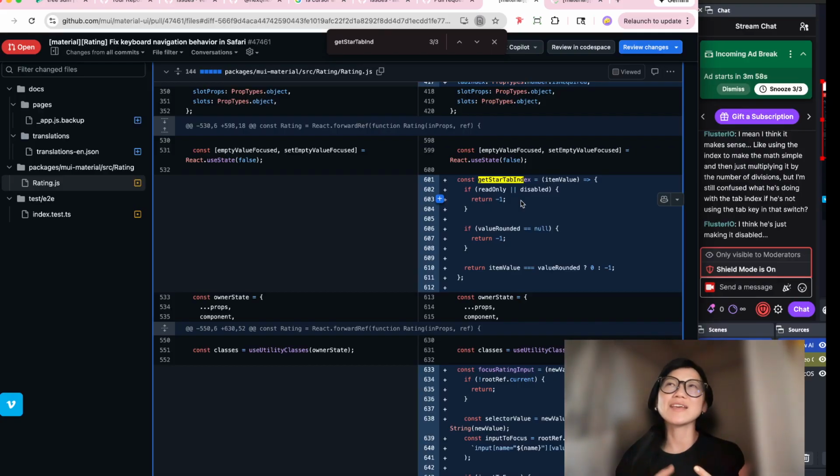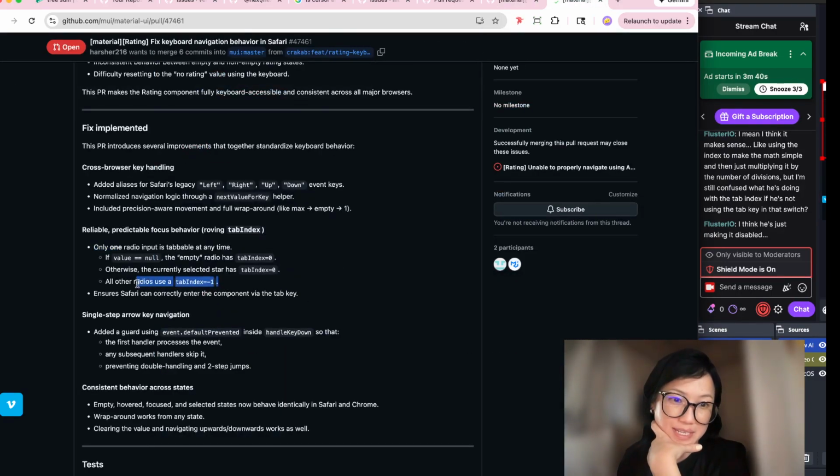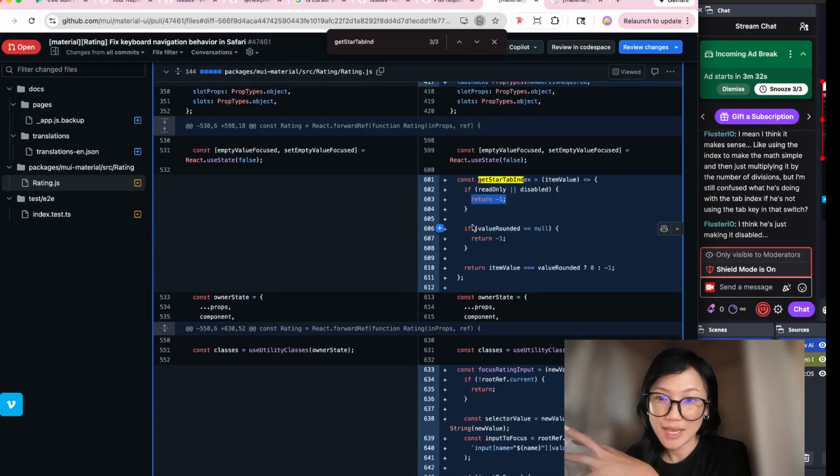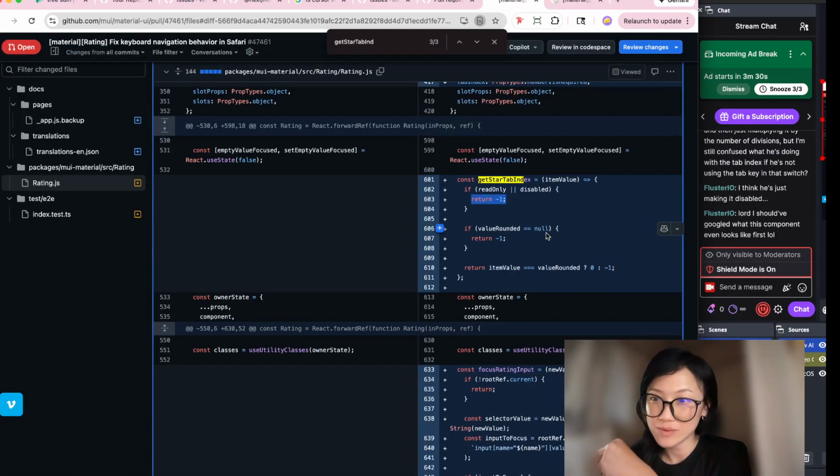Because if I think about radial button components right now, I think about something that's read only and disabled. So if it's read only or disabled, that means that you can't highlight it or you can't click on it. So we'll automatically just assign that to -1. A -1 means that, hey, all the other radios that are not being selected, essentially, it's just not being selected. And if the value around it is equal to null,